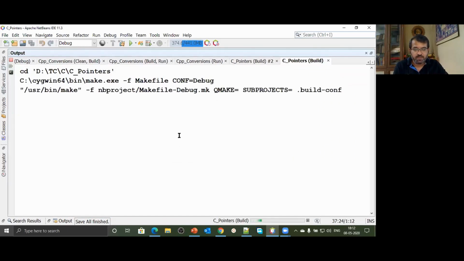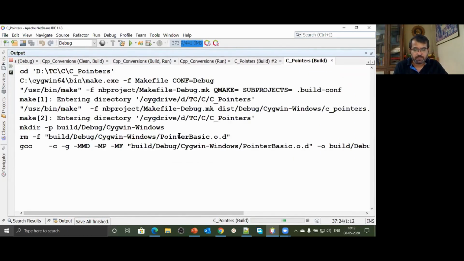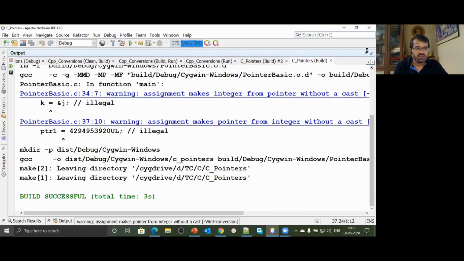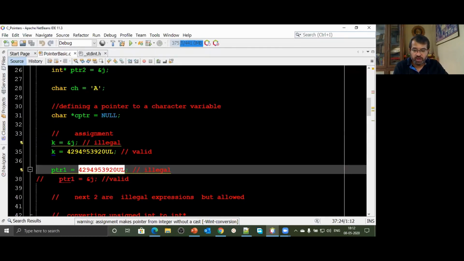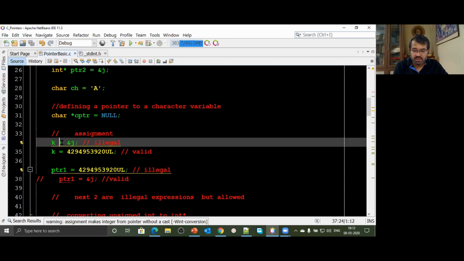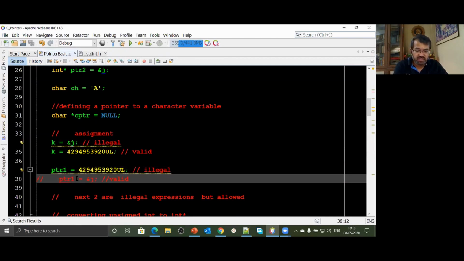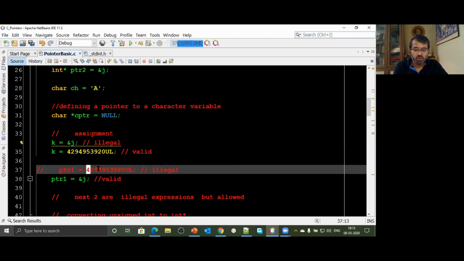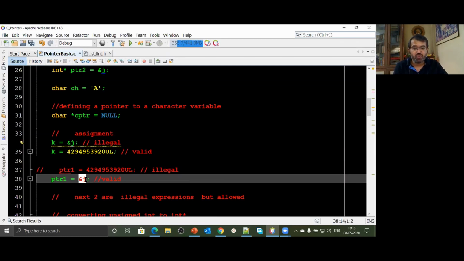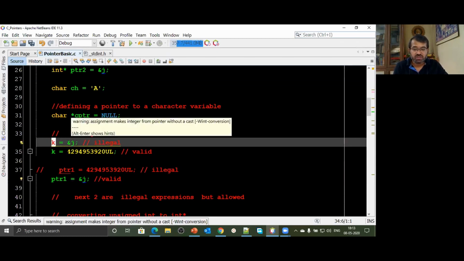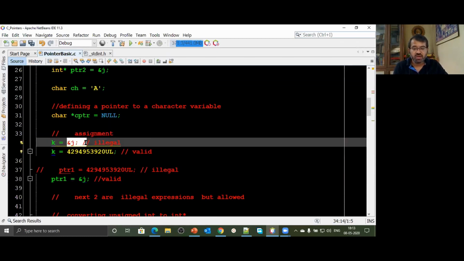If I try to compile this statement, that will also generate an error. Look at this, this is also generating an error. So your pointer variables cannot store value, your normal variables cannot store address, and address is actually the same value. If I store the same address of j, that's okay. So a pointer can store address 4294, but cannot store value 4294. Your normal variable can store value 4294, but cannot store address 4294.